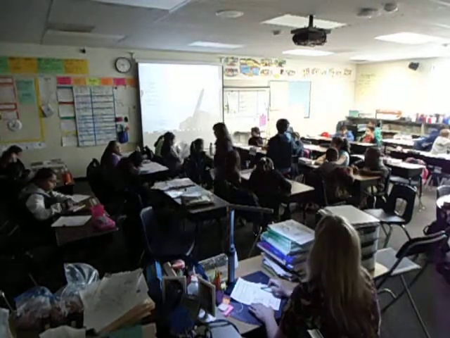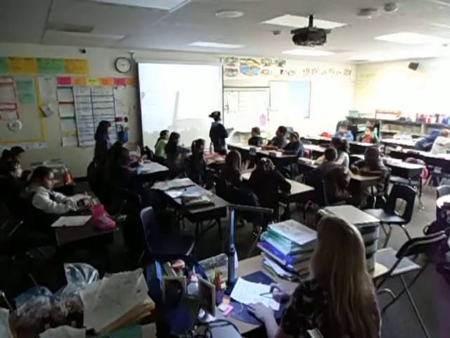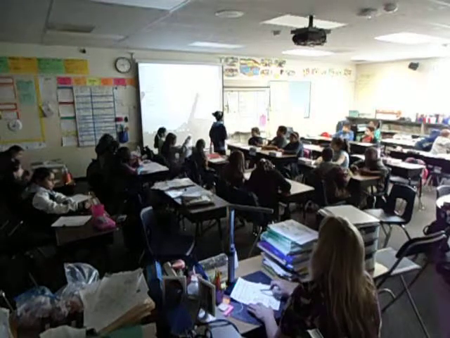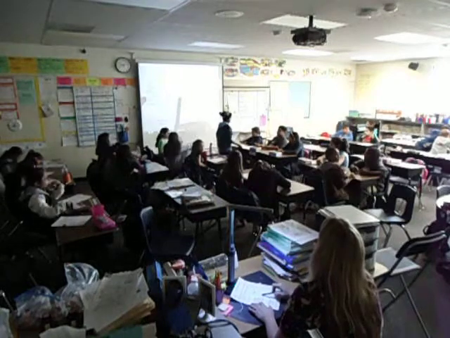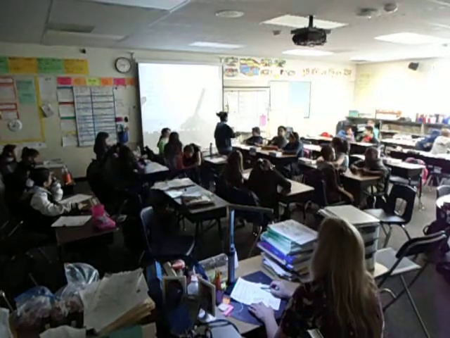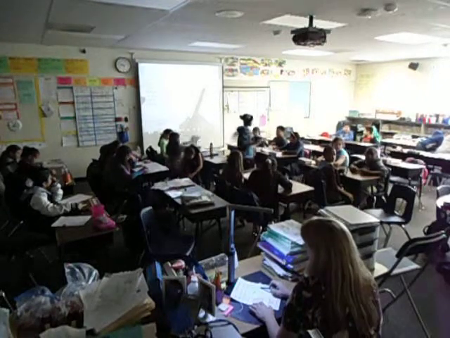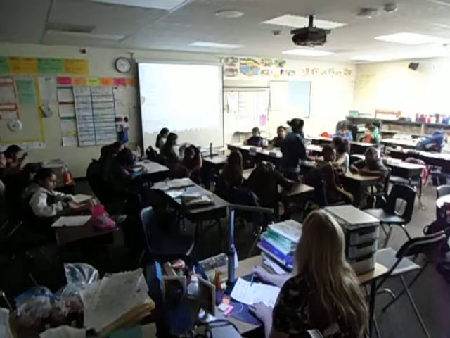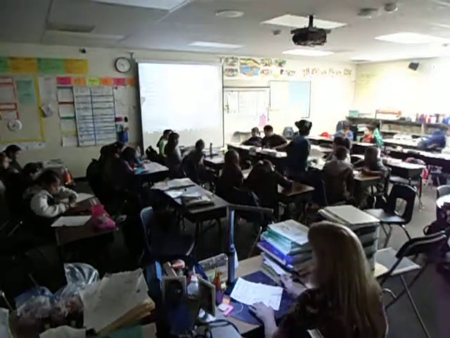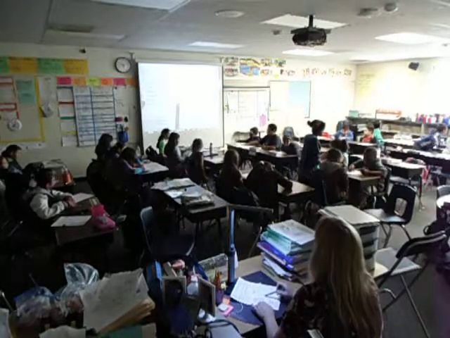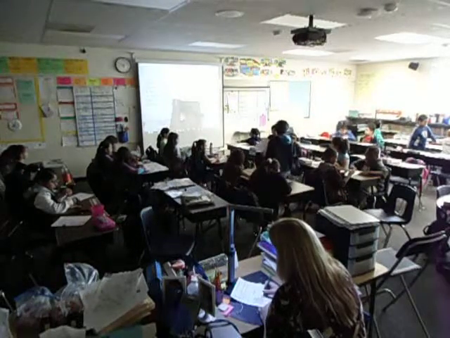Back table, make sure you are listening to directions, please. Brothers and sisters. Okay, write down who his brothers and sisters were, or how many, and then for yourself. How many brothers he has? Then put a 0 for yourself if you don't have any. Okay? I don't know how many brothers he has. You find that out. The information is provided to you up here. Okay, so use that to fill out the information about Martin Luther King. Father's occupation and mother's occupation. So occupation is their job, what they do.